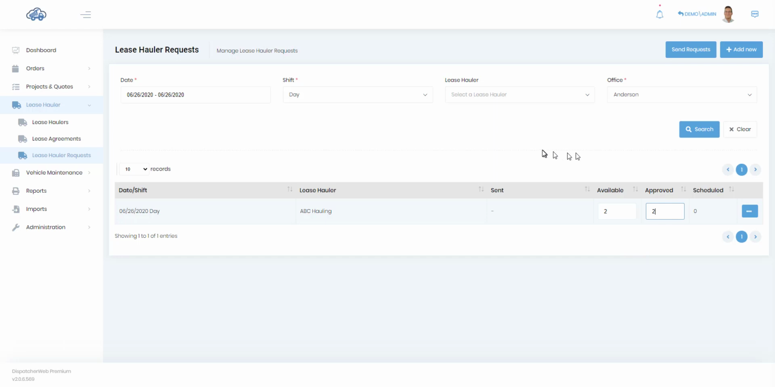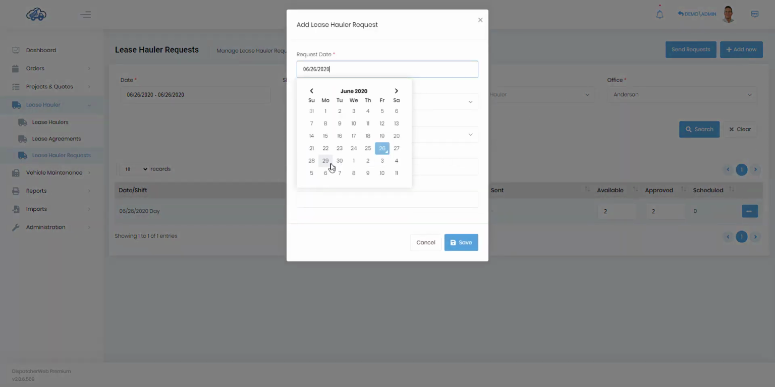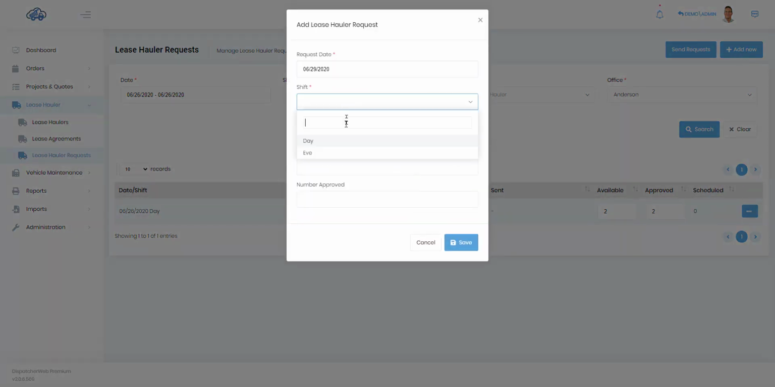Now, in the event that you're working with a subcontractor that doesn't have the ability to get SMS text messages, or you just prefer to call them and enter it in and have them show up on your schedule, instead of using the send requests, you can click on the add new. And with the add new, we'll do this for the 29th,